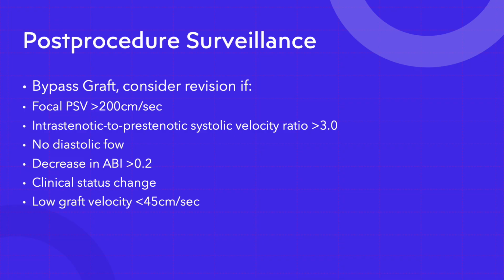Post-procedure surveillance of a bypass graft. If you get a peak systolic velocity of over 200, that's concerning. No diastolic flow, decrease in velocity, decrease in ABI of greater than 0.2. Clinically, if their status changes, if they're having leg pain when they're walking or sleeping, or low graft velocity of less than 45 centimeters